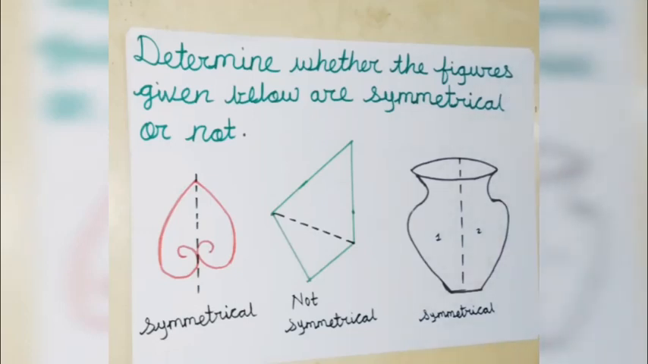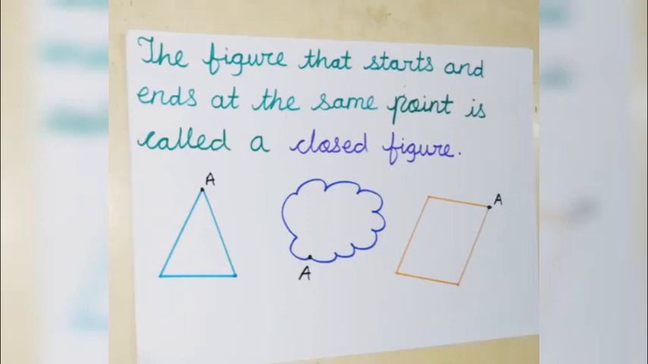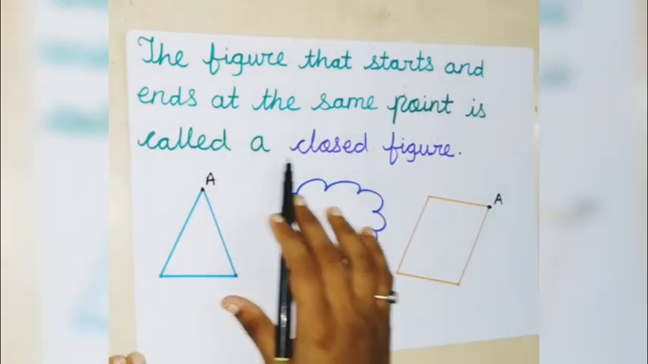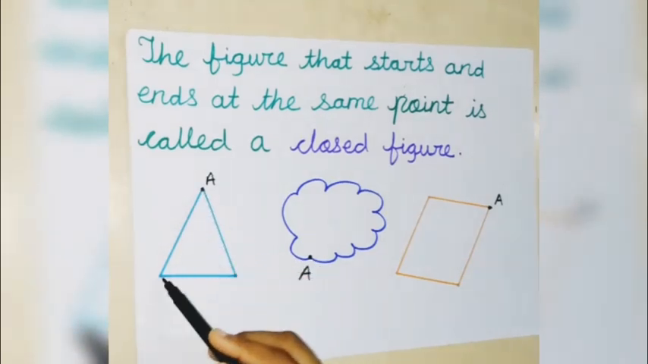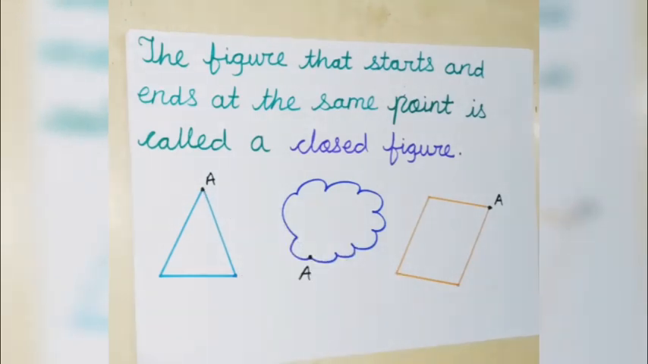Students, I hope you all understood the difference between the symmetrical figure and non-symmetrical figure. So let us move further to our next subtopic, that is closed figures and open figures. Children, the figure that starts and ends at the same point is called a closed figure. Your first example is a triangle. If a triangle is starting from a point A and ending at point A, so we can say that it